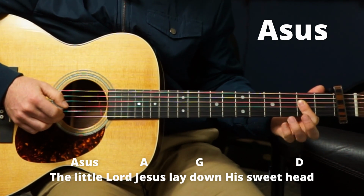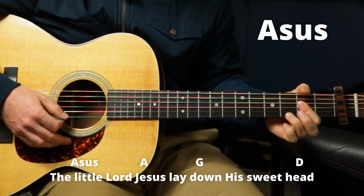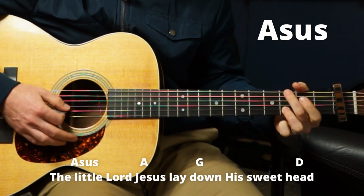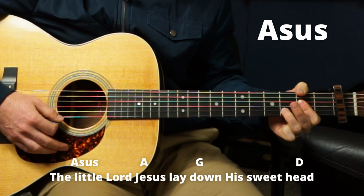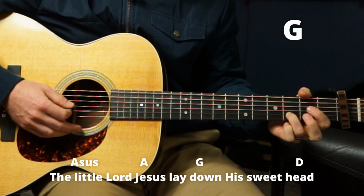And then adding your ring finger right here on that D right there, that's the 3rd fret, B string. You could add your middle if you want, or your pinky, but I tend to do it with my ring because it gets me ready to go back to a D or a G. My ring's already in place. So you got your A suspended, and then your A, then a G, then a D,